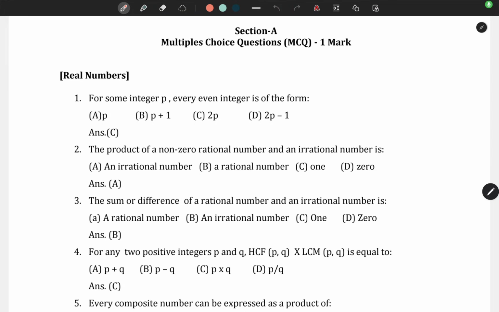Multiple choice questions based on real numbers. The first question: for some integer p, every even integer is in the form of... Whenever we multiply any integer with 2,